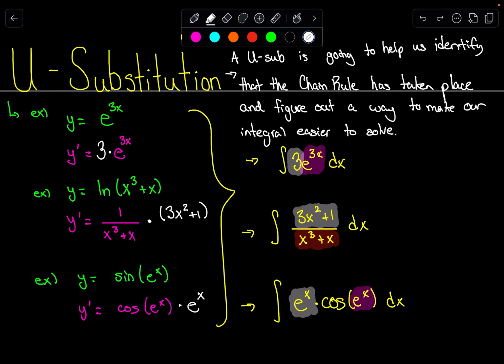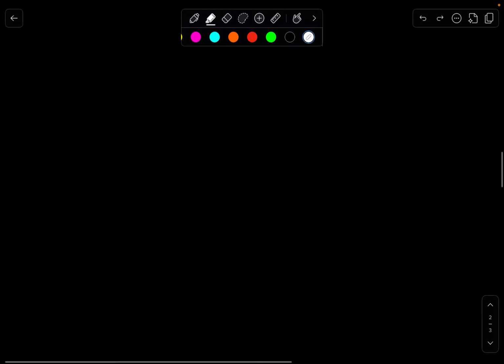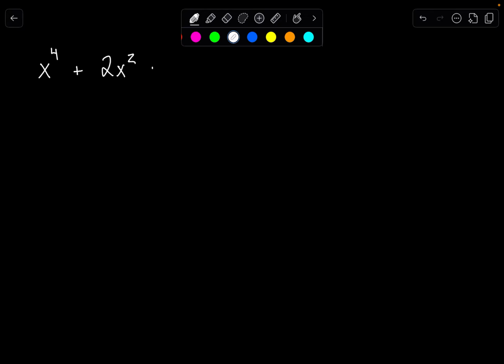Okay, so before we do that, I'm going to give you an analogy to something that we have done before that you may have forgotten, way back in maybe Algebra 1 or Pre-Calc 1. Do you all remember when we used to have something like x to the 4th plus 2x squared plus 1 is equal to 0? And back in the day, we used to try and solve something like this, and we're like, oh man, this is impossible, right? But the technique that we had to solve something like this was we said, well, wait a second. What if